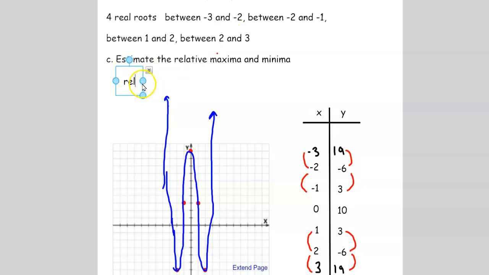So my relative max would be at that topmost point, right? 0, 10. And then you would have relative minimums at those two bottom turn points. So -2, negative